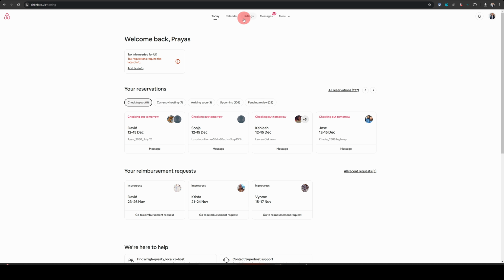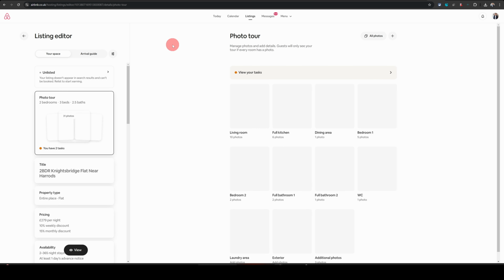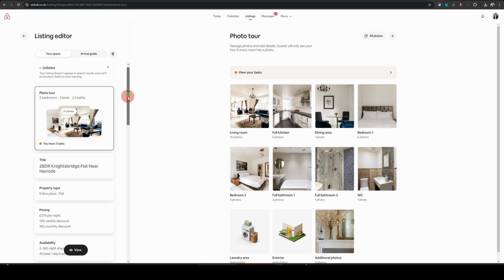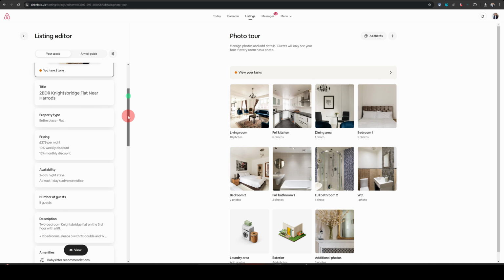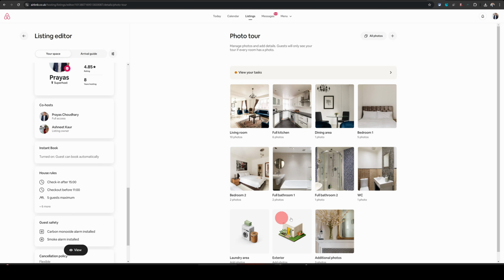And on this page, you need to click on listings option, which is in the top menu. And if you have multiple listings like me, it will prompt you to choose a listing. Otherwise, it will directly land you on a screen like this. Now, this is where you will be able to edit all the settings of your property, like listing description, pricing, availability, and all those things. And on the right hand side, you will see the images and you can do the changes to your images,